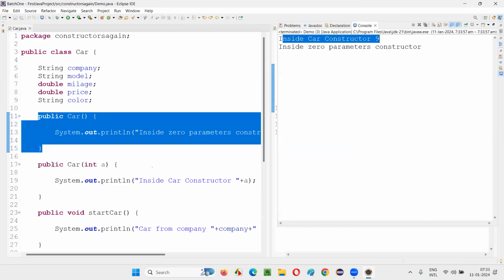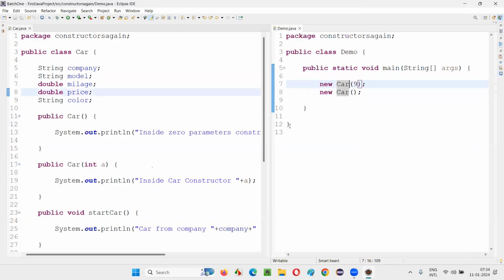Yes. Inside Car constructor, the second constructor is being called. Inside zero parameter constructor, the first constructor is being called. Now, is it clear so far? Everyone type in the chat box if it is clear so far. Only focus on whatever I'm covering. A lot of things will come later. Whatever doubts you have, about overloading, don't worry about that. How this is possible, how we can create multiple constructors, I'll cover later. Just be with me.